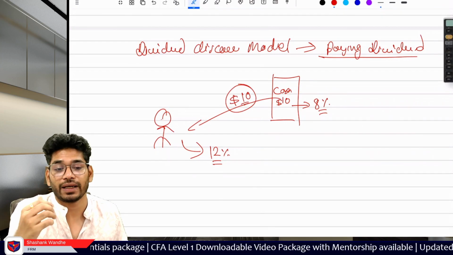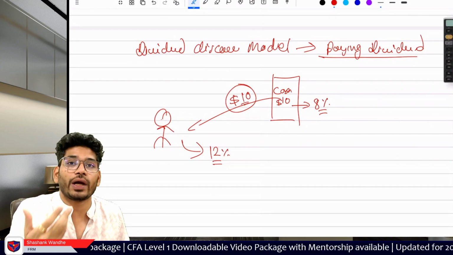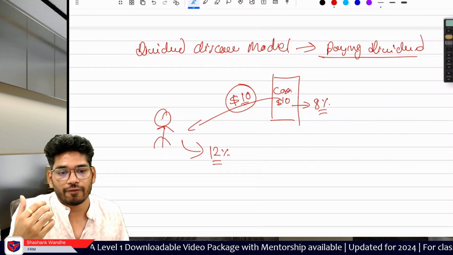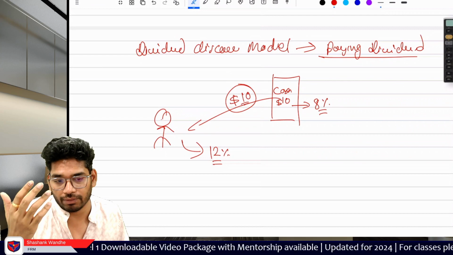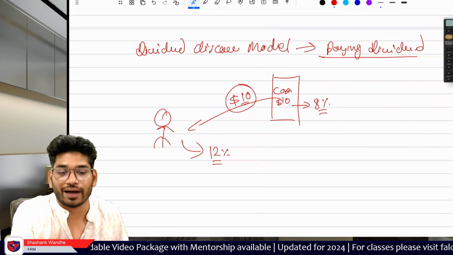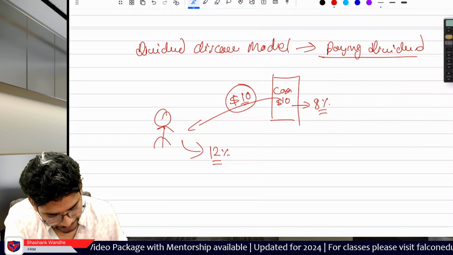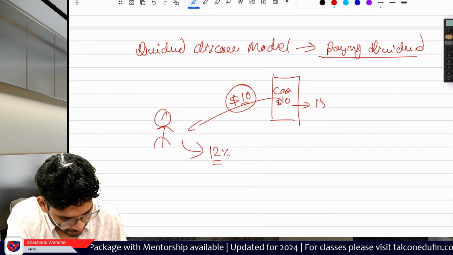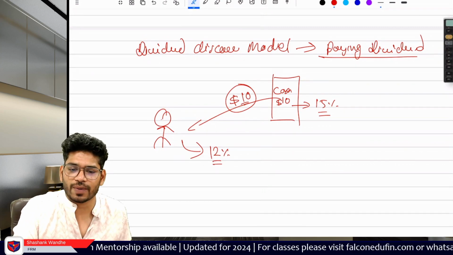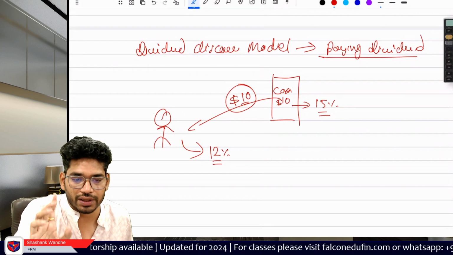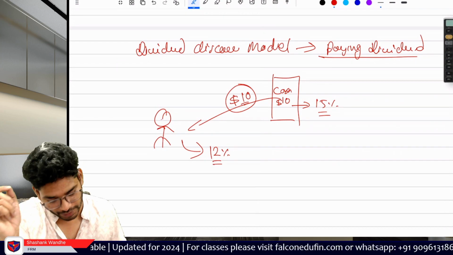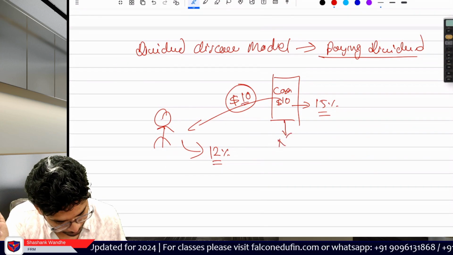But if the company is a growing company, a very new company, where the company has a lot of investment plans and thinks they have better opportunities, the company thinks they can provide a 15% return to the investor, and if the investor invests by themselves, they will be able to yield only 12% return. So in this situation, this company is not going to pay dividend.